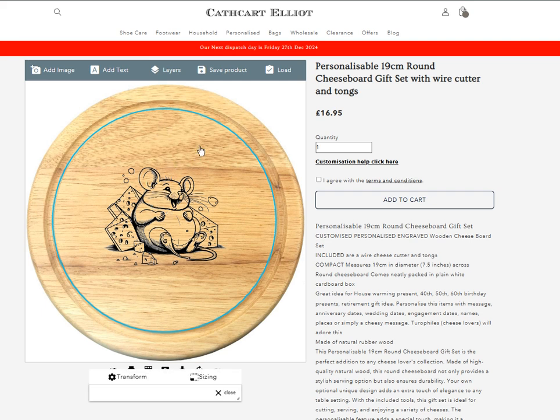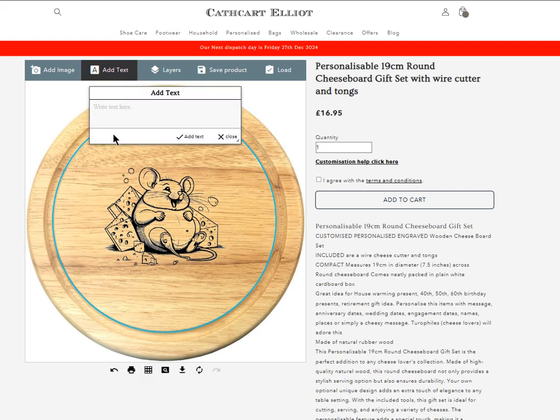Just say we want that. You can add more images if you want. That's not an issue, but you've got to bear in mind about fitting them onto the product. Adding text, you can click the Add Text, and you can type something like